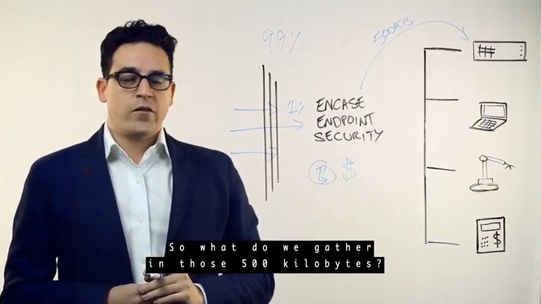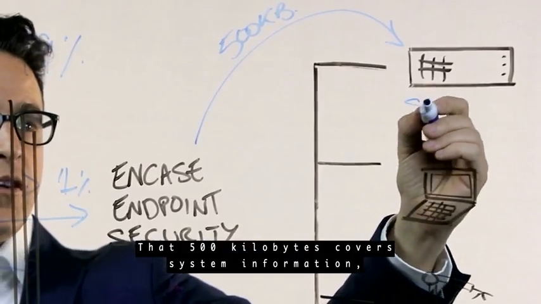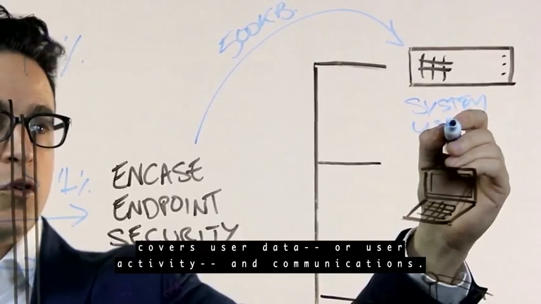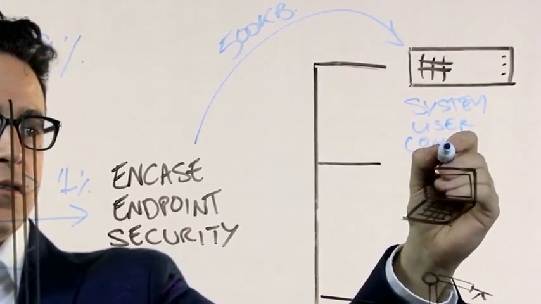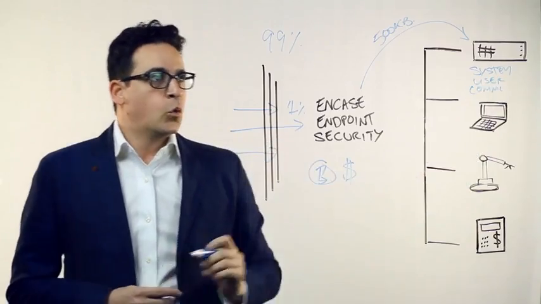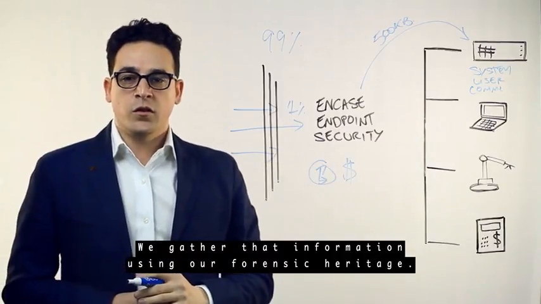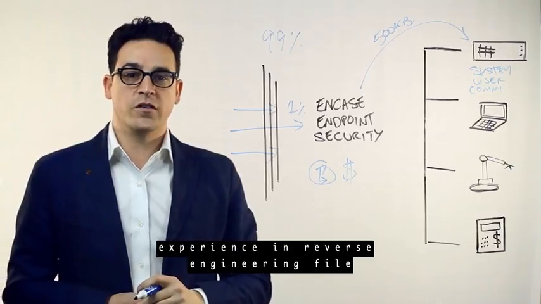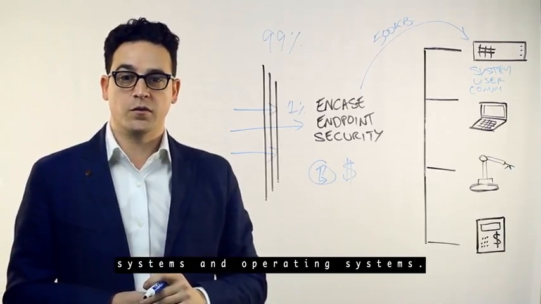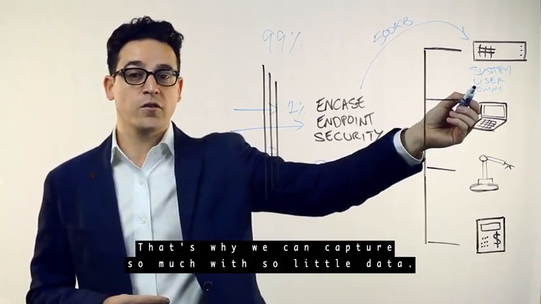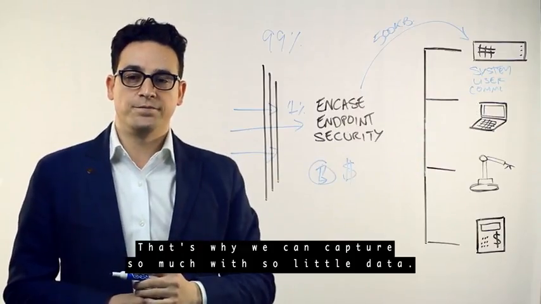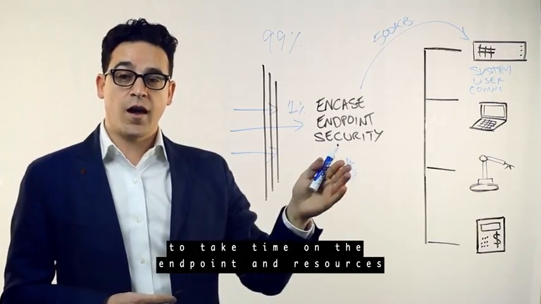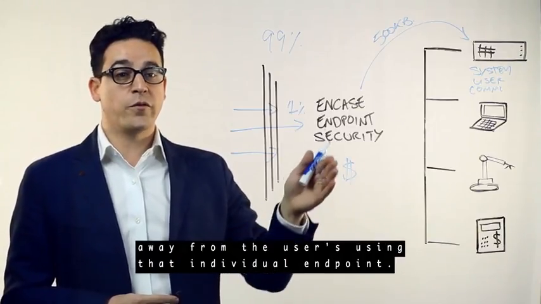So what do we gather in those 500 kilobytes? That 500 kilobytes covers system information, covers user data or user activity, and communications. We gather that information using our forensic heritage. Guidance Software has over 20 years experience in reverse engineering file systems and operating systems. That's why we can capture so much with so little data. Any more than 500 kilobytes is going to take time on the endpoint and resources away from the users using